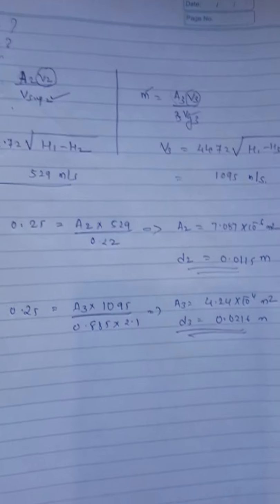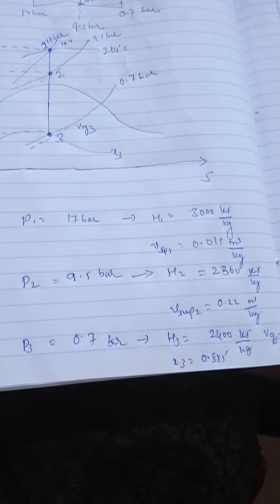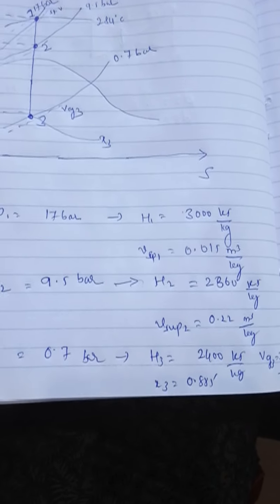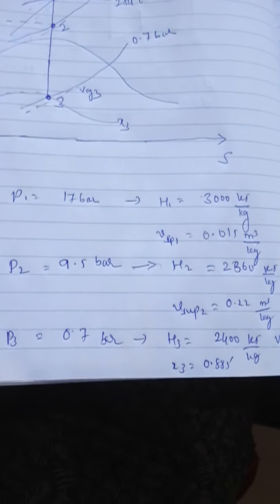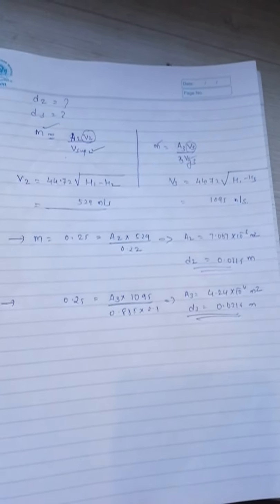If you solve this much, you are going to get some 10 marks. So I don't think there is any difficulty in this problem, because only the values we need to extract from the Mollier chart and substitute in the formulas. So solve this problem once again, you revise it.